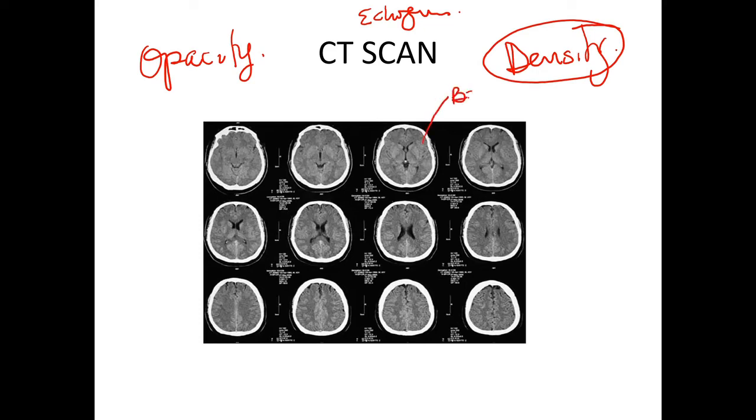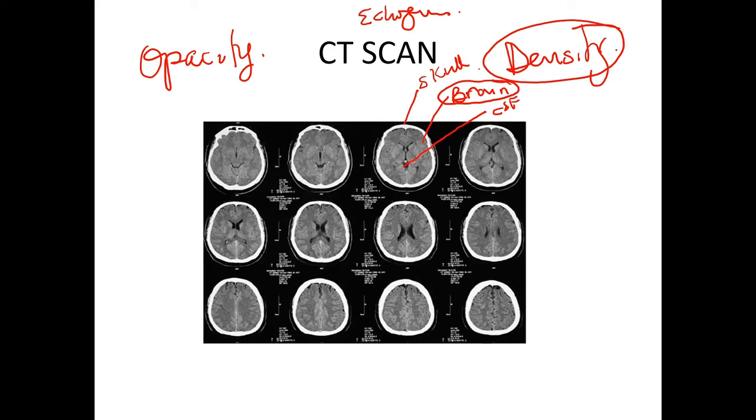This is the brain. This is the skull. And this darkish area is the CSF in the ventricle. Now, since we use the brain as our landmark,